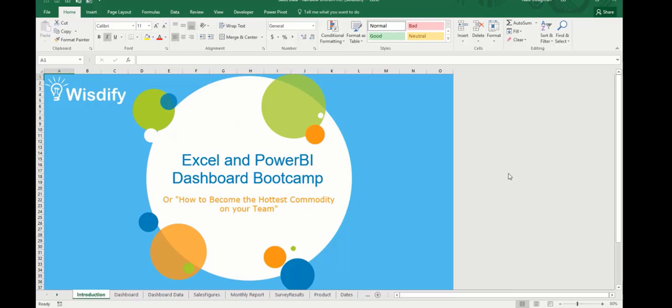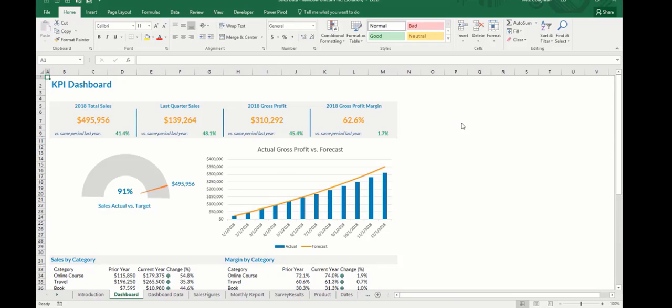So let's go ahead and first start out by learning what a dashboard actually looks like and some of the key components of a dashboard. Now, there are three extremely important things about dashboards that every dashboard you create needs to include, or at least incorporate in it. The very first thing is you need to make sure that your dashboard only includes the